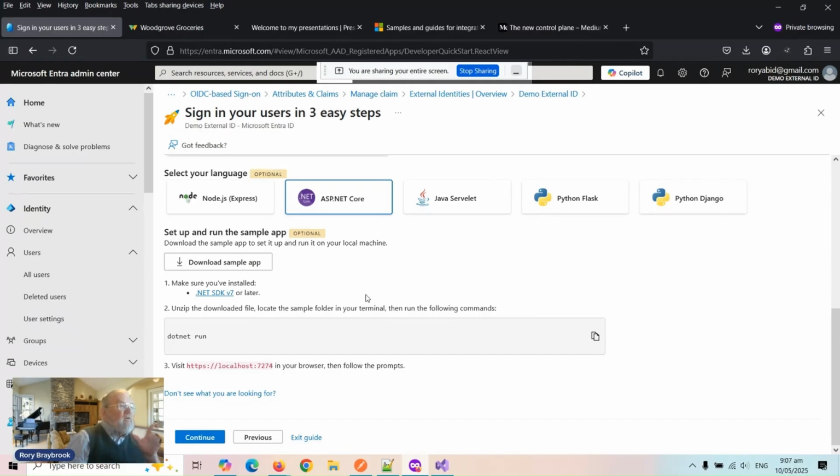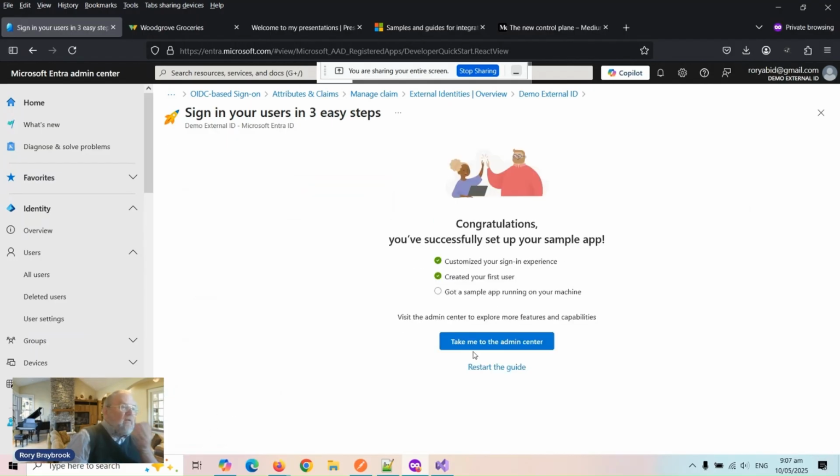So you don't have to go into app settings and try and figure out what bits of configuration go where. You download the file, you can do dotnet run, you can go and visit the host, and you're away. All right, and then continue says, well done, you set it up. So I already have,